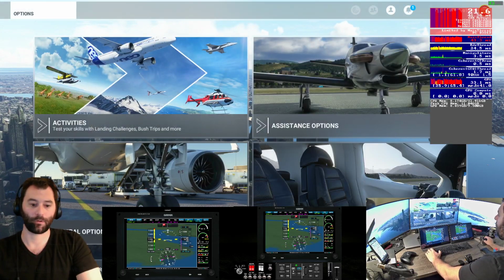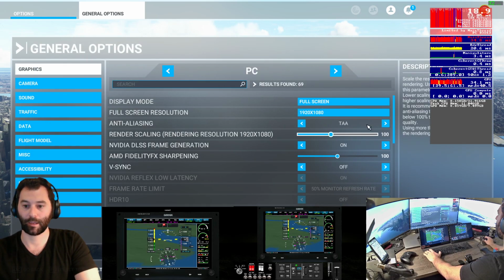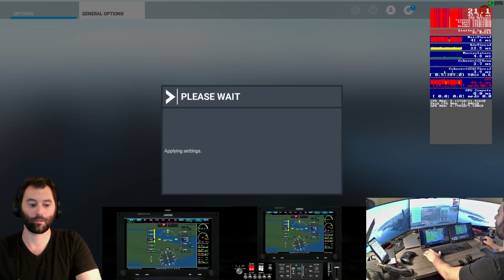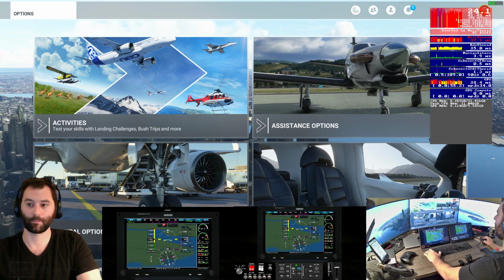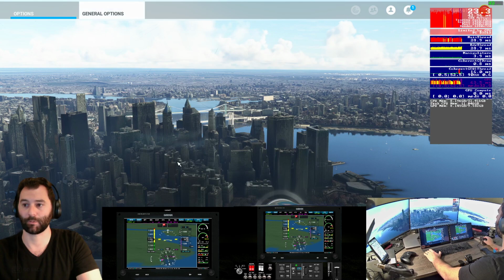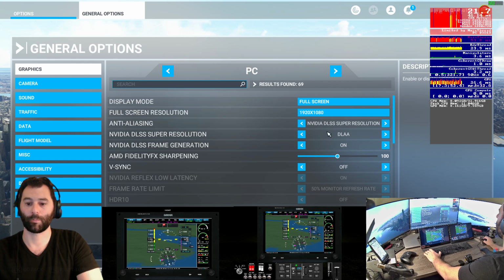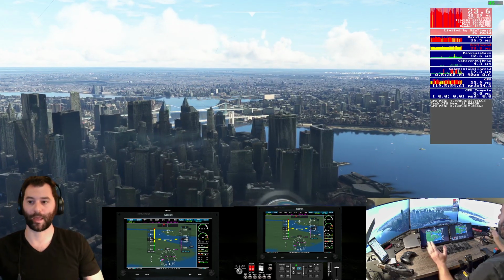What we should be able to do is go into DLSS. And if I put DLSS on auto, that should adjust it as needed. So you can see automatically it drops our rendering down to 1280 by 720. Let's see, which one is that? Quality. The quality is 1280 by 720. So let's go back into auto. And we see that it automatically drops us down to